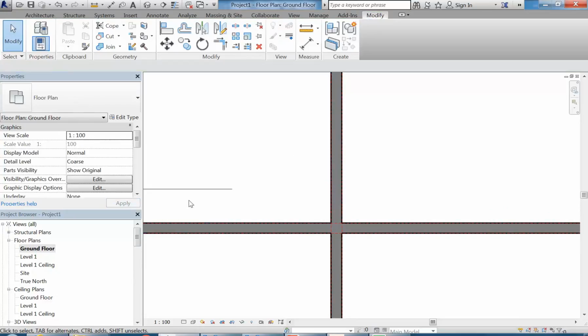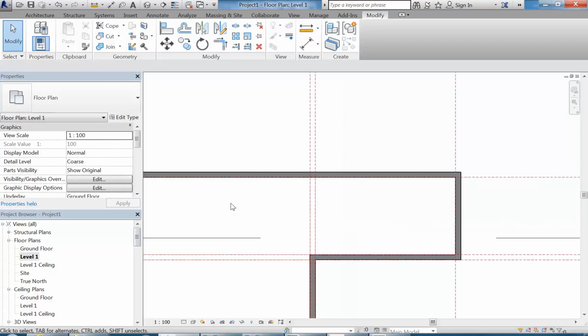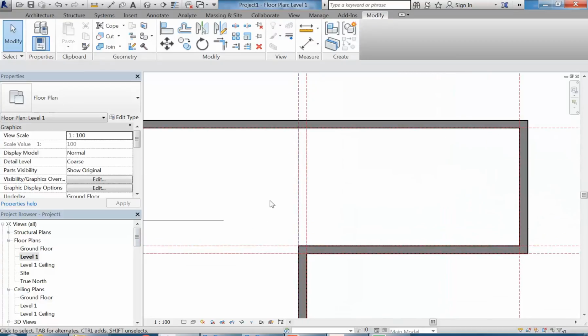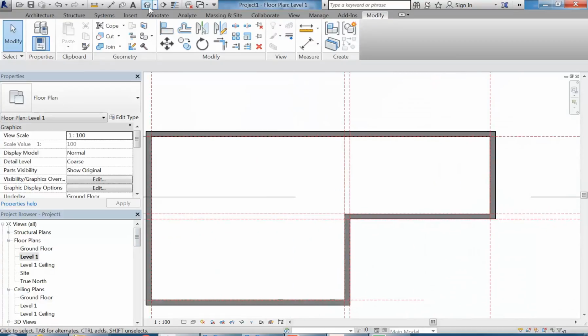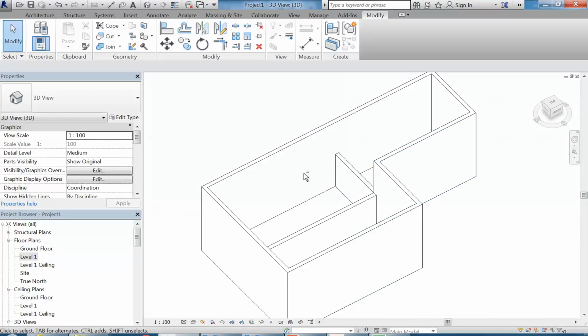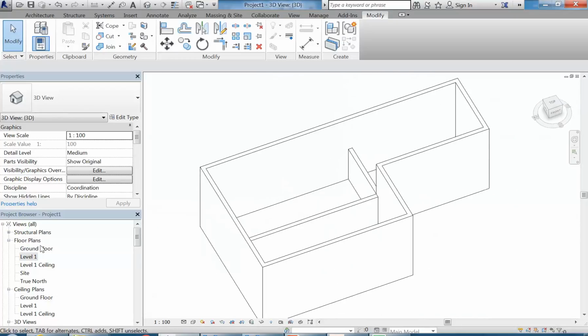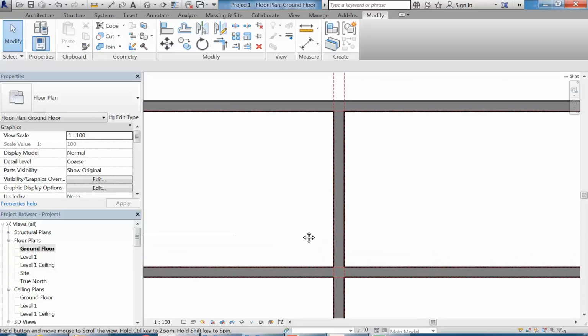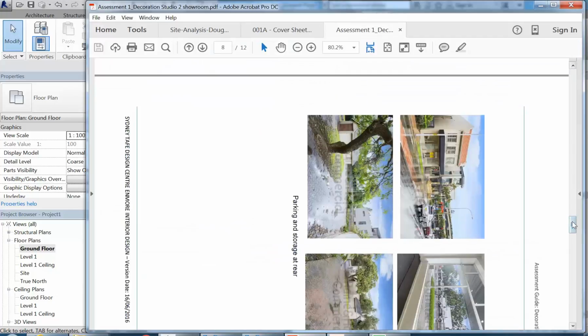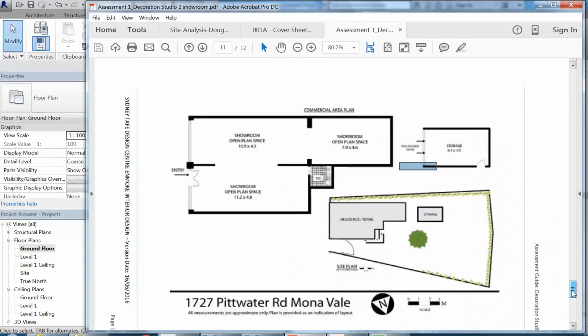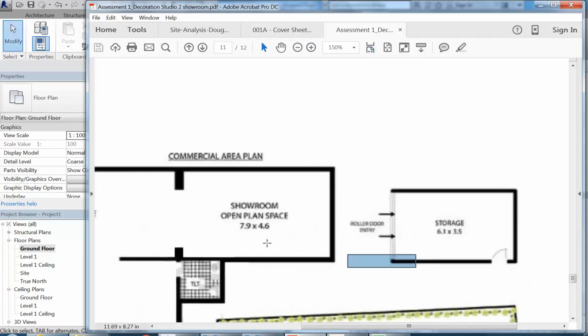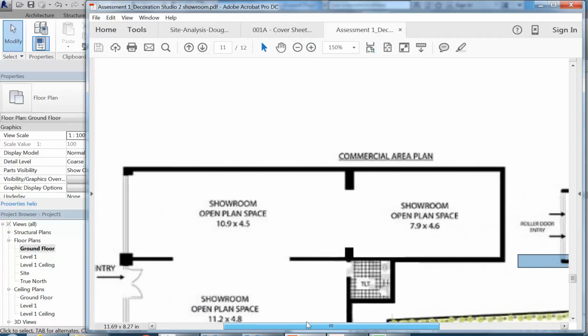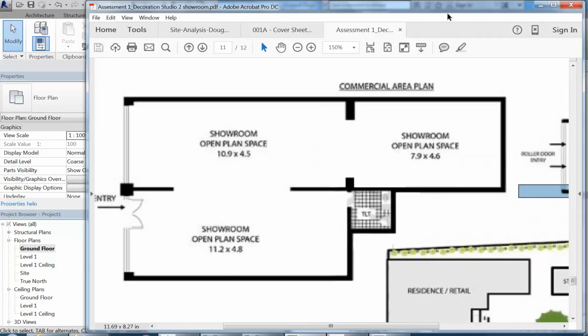It doesn't look any different in the ground floor plan, but in level 1, again, we can see the same thing, it's stopping. So in the 3D view, there it is. So I can use that approach again to get the opening. There's a better way, which we'll have to do later. Okay, so you've got there an opening actually in both of these walls,